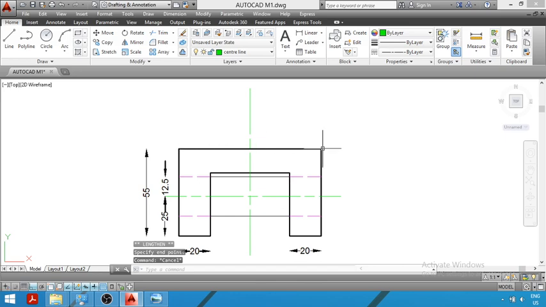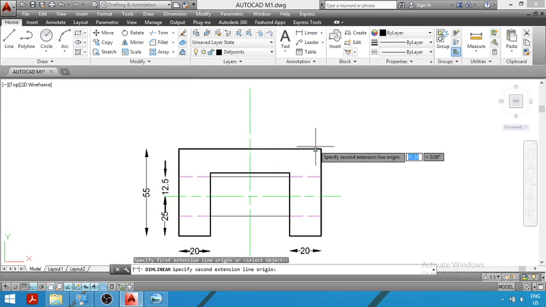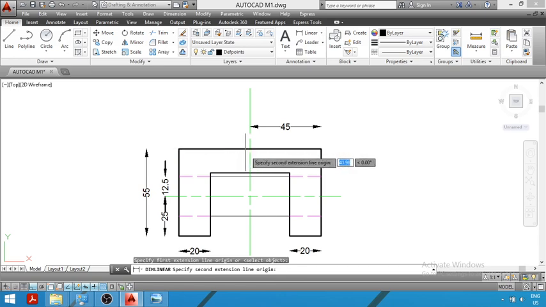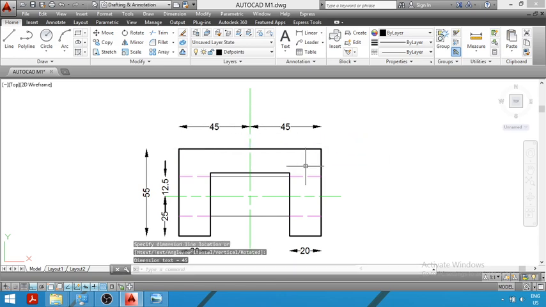Now the total length was equal to 90 mm. The distance from this point to this point was equal to 90 mm, and since this is a center line, the distance from this point to the end will be equal to half of 90, that is 45. So I will show here the dimension so that you can understand. The distance from this center to this end point will be equal to 45. Similarly, the distance from this center to this central point will be equal to 45. So, you have to draw this center line at a distance of 45 mm from any one of the end corners, either right corner or left corner. So, we have drawn this center line. Now, in the next step, what we will do?